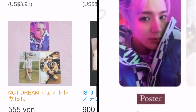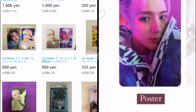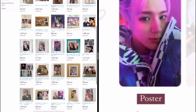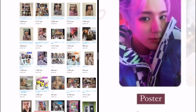This is what we're looking for, but it looks like there's some other cards that come with it. I don't necessarily need other cards, because for Chan and Leno, I was always trying to buy the exact equivalents. I don't collect anyone else from NCT Dream. I do collect Jungwoo and Johnny from 127, but Dream have their own album releases and things. So